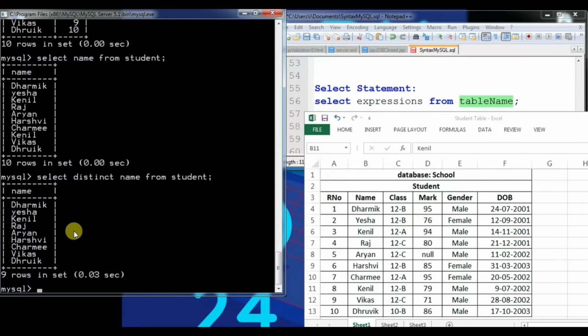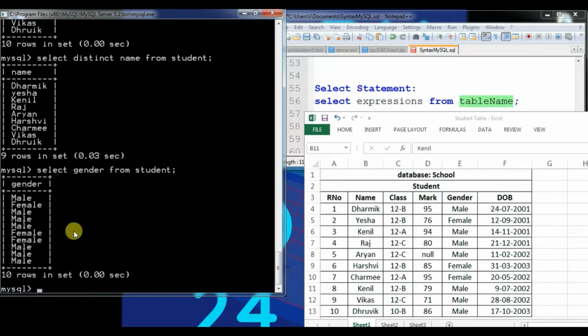Now I am going to apply the same to gender. Without distinct, how many records will there be? Exactly, you will find all 10 records. Now suppose I write select distinct gender from student.